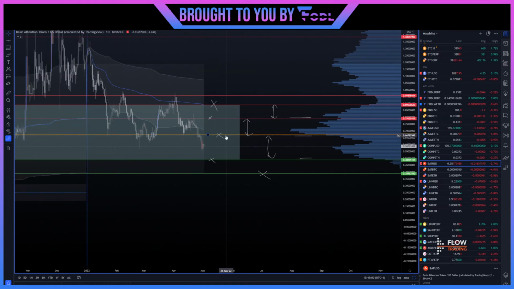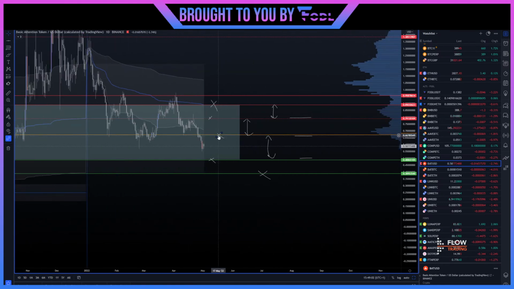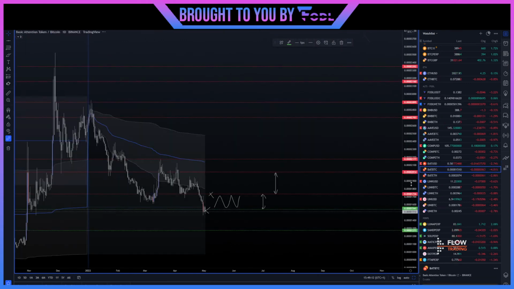So anyway, like I said, higher time frame levels, this level here should act as resistance, this level here should act as support for now. Okay, break above it and we're looking at the other ranges, break below it and we're looking at this next level here. BAT versus BTC,